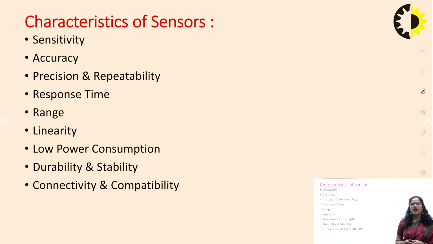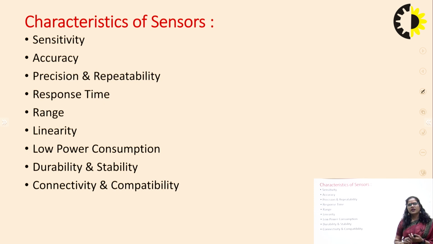So here basically we have some different activities which are implemented in the sensors. The first characteristic of the sensor is sensitivity. Everything is performed by sensing the environment. If I'm talking about temperature, the temperature is observed by the sensor by sensing the heat, right? And if I'm talking about accuracy, accuracy is one dimension, we can say how accurate your system is, how much your measured value matches your exact value, right?